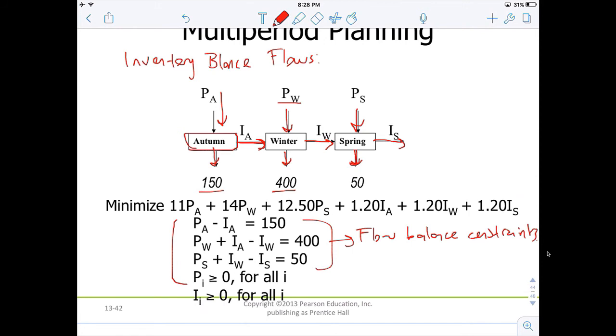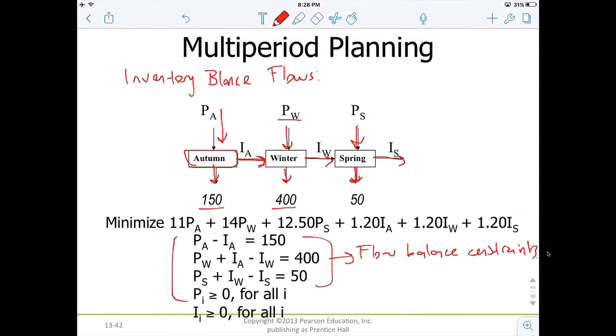Okay, and what this does is it basically checks this, right? So what's coming in needs to be equal to what's coming out. So for example, for the first quarter, what's coming in is only PA, and what's coming out is 150 plus IA. And for winter, what's coming in here is IA plus PW, 400 plus IW, and for spring, that is IW plus PS is equal to 50